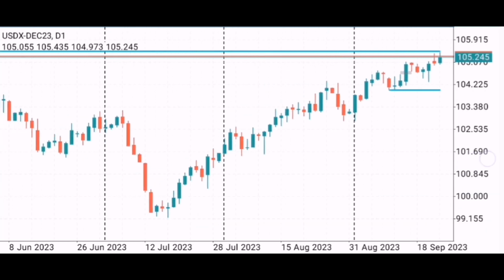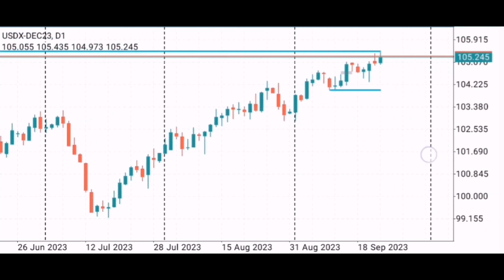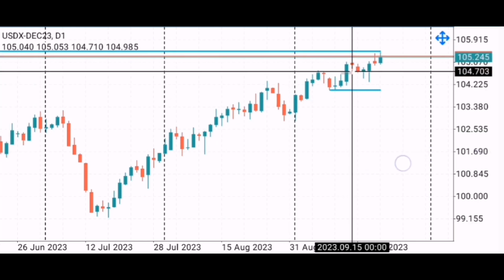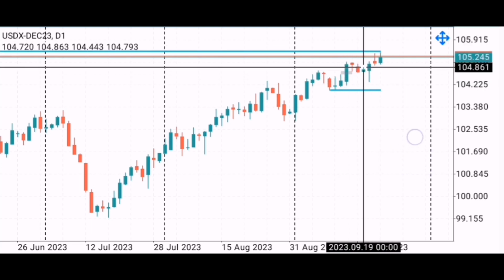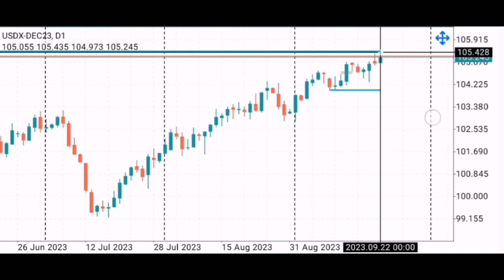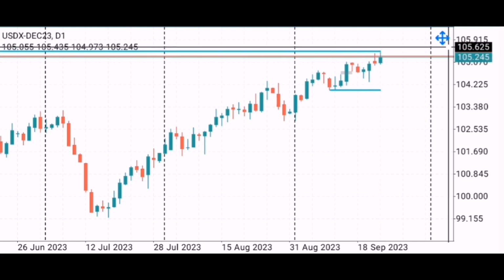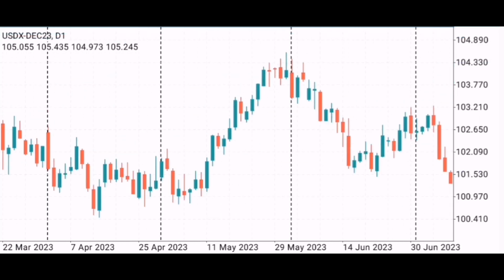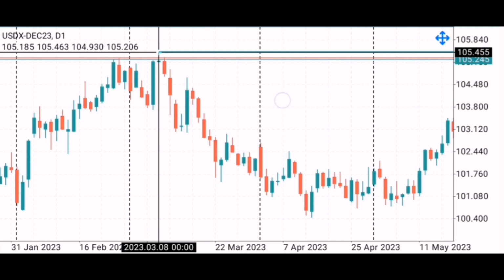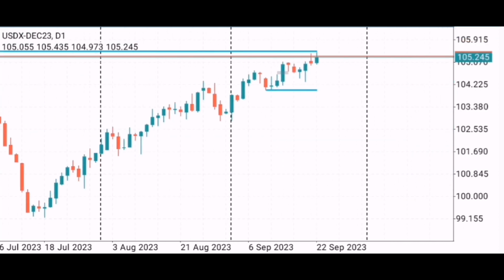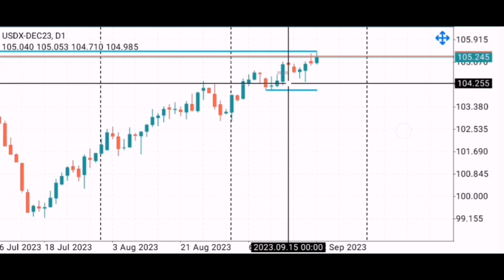Now we are looking at the dollar index, and in this market, just like we had spoken about this fair value gap, price traded into it, reacted off it, and began to seek higher prices, taking out this level over here, and potentially we will see it trade into this high over here as well. At this moment, I'm expecting price to trade into this level, definitely, and after then see if it reacts